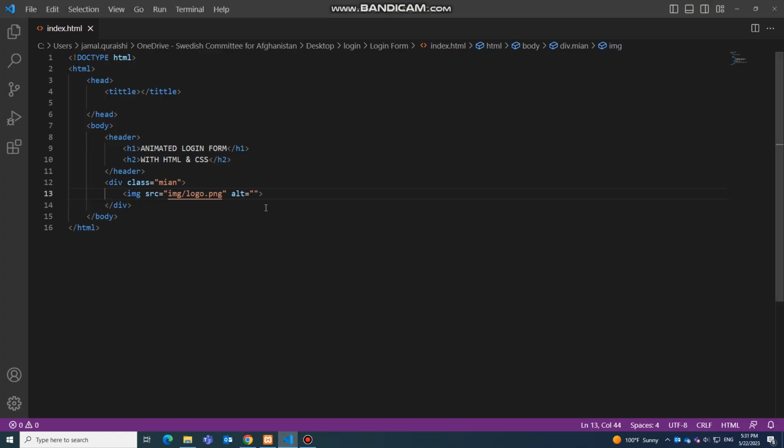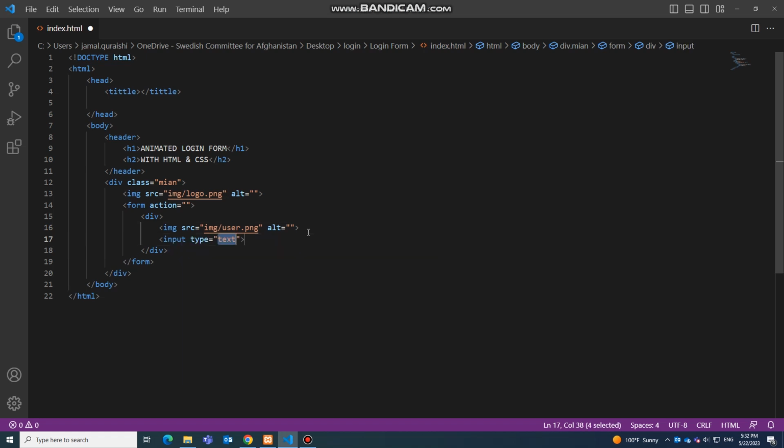Now the next thing which I need to do is create a form. So here we go, inside this form I want to create another div, and inside this div I want to add an image. This image is going to be for username, so image slash user dot png. Here we go. And the next thing is that we need to add an input. For this we need to add a placeholder. The placeholder for this is going to be username,